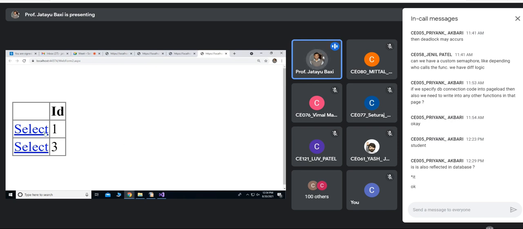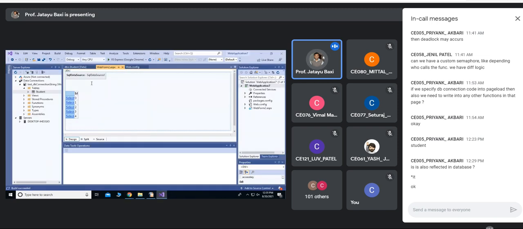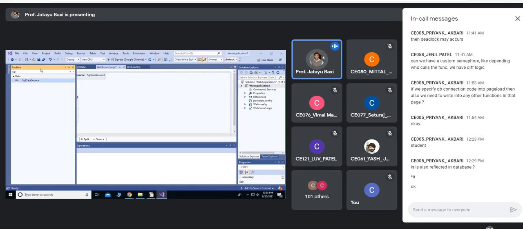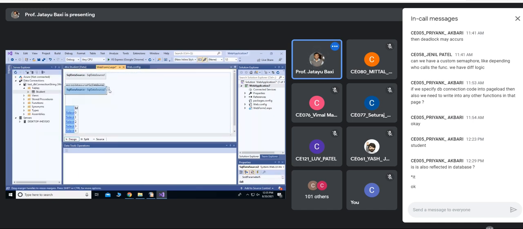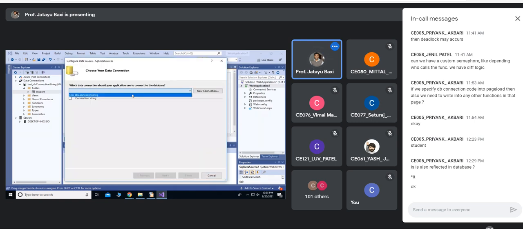When I select a record with ID 1 or ID 3, all the details about that record should be visible in details view control. So I am putting one more SQL data source and I am configuring it with the same table.